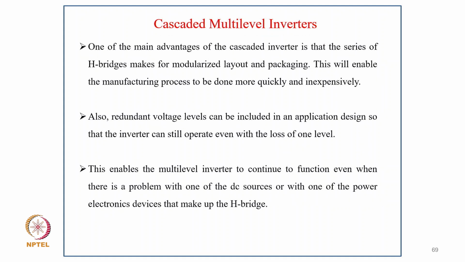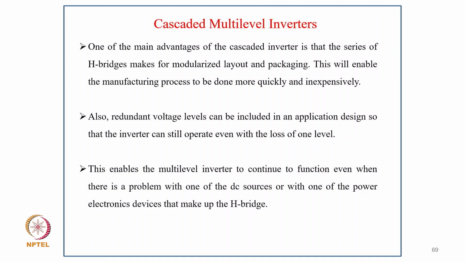And one of the main advantages of the cascade inverter is that the series of H-bridges makes for modularized layout and packaging, and this enables the manufacturing process to be done more quickly and inexpensively. Also, redundant voltage levels can be included in an application design so that the inverter can still operate even with the loss of one level, and this enables the multi-level inverter to continue to function even when there is a problem with one of the DC sources or with one of the power electronic devices that make up